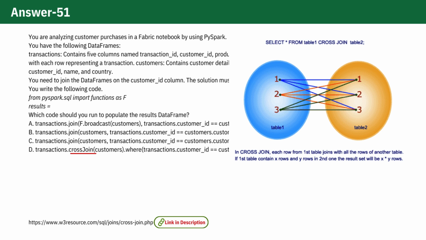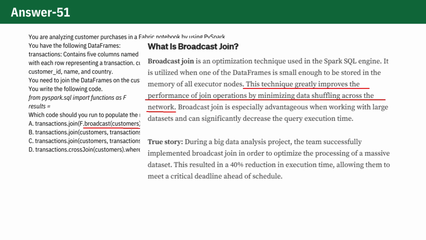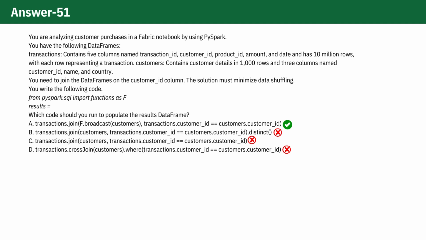This approach is highly inefficient because it initially combines all rows of transactions with all rows of customers, resulting in a significant computational overhead before filtering them, making it the least efficient method for this requirement. By broadcasting the smaller data frame and directly joining on the matching column, option A leverages Spark's optimization techniques to handle large datasets efficiently, reducing network traffic and execution time. Thus, option A is the best and correct answer